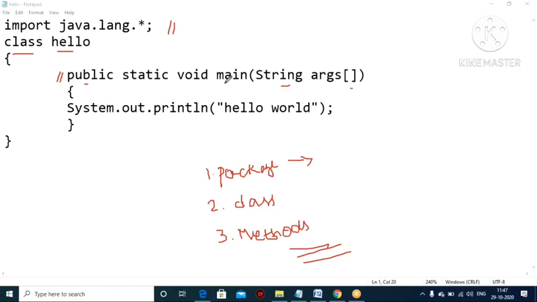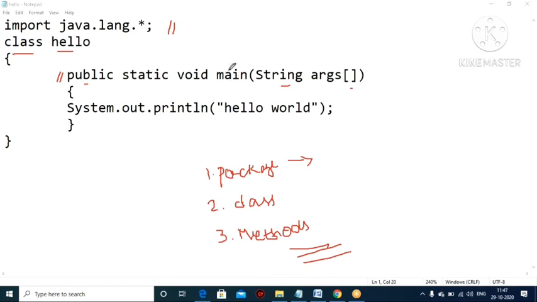Then void main function. Here the main method does not return anything to the Java Virtual Machine. Main is the main thing here. Main is the basic name, but if you want to change it, you can, for example Rama main.